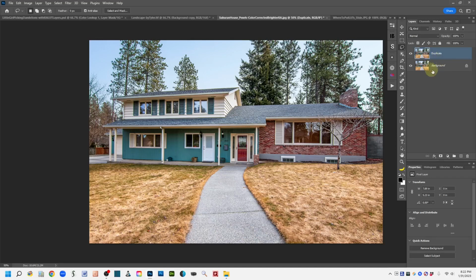So we still have what I said was a requirement, which is to have a background layer with a lock on it, but we're going to work above here to start. Okay, now I have in my other video, the one I told you about color grading using the Camera Raw